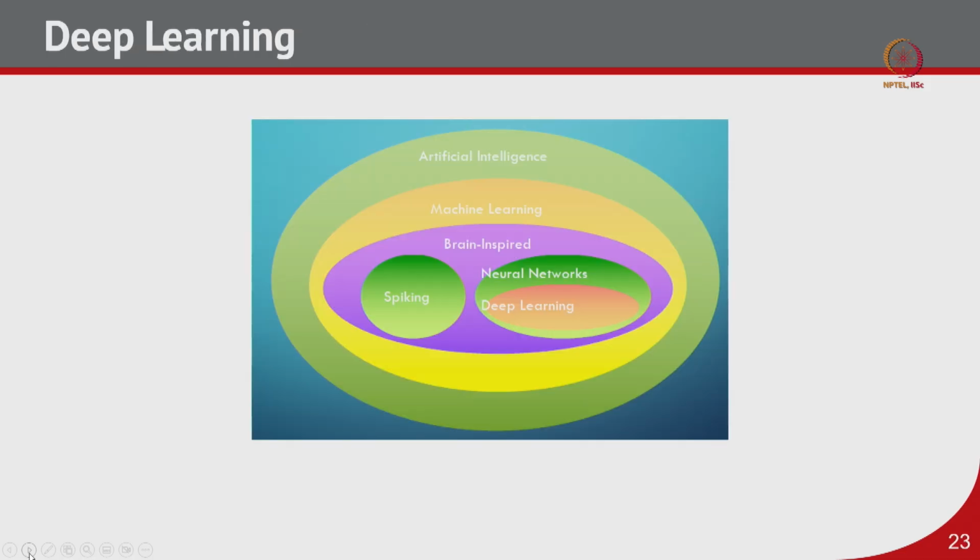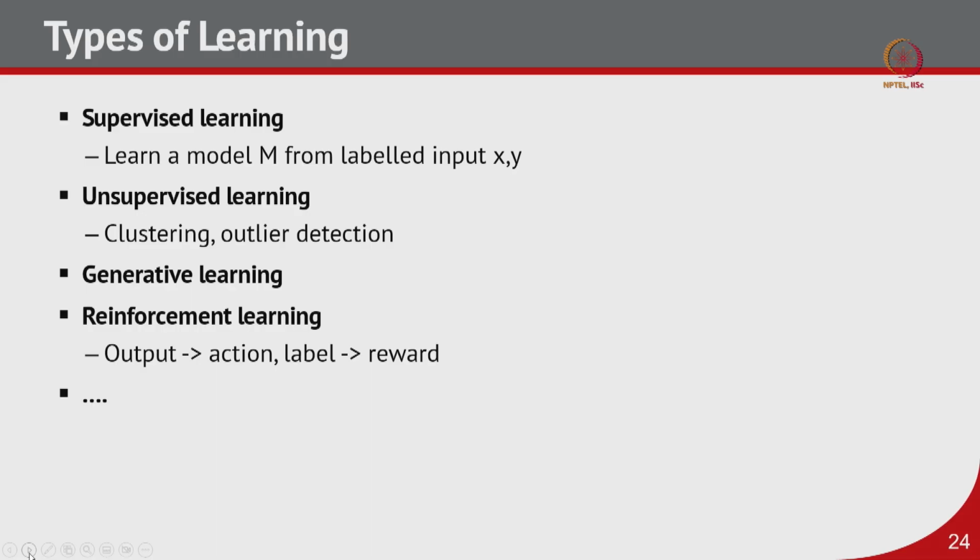So, that is all about neural networks, but for many decades or many years people did lots of research on neural networks, and then researchers found that we need to go deep. That is where deep learning came into the picture, right. Now, I showed you some brief history of machine learning, how it evolved.